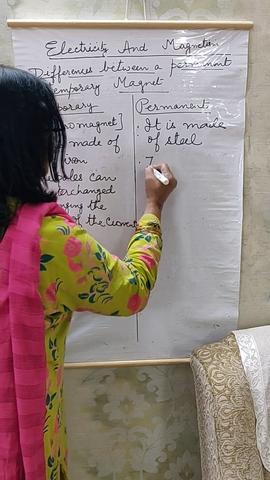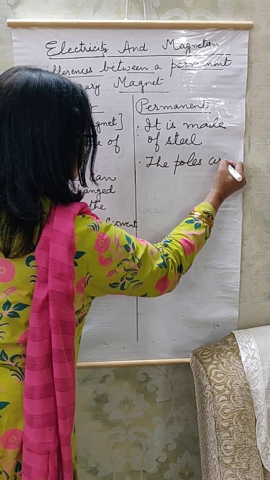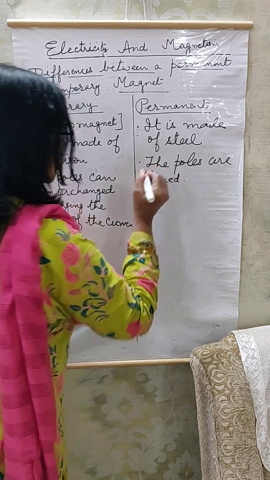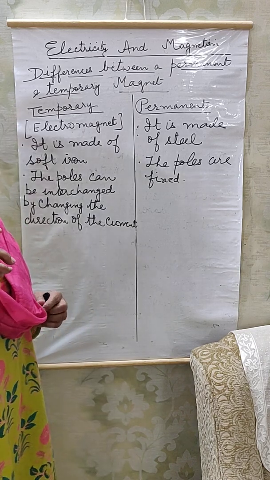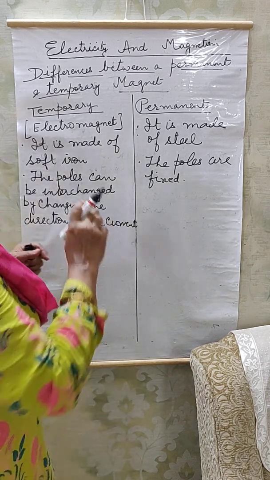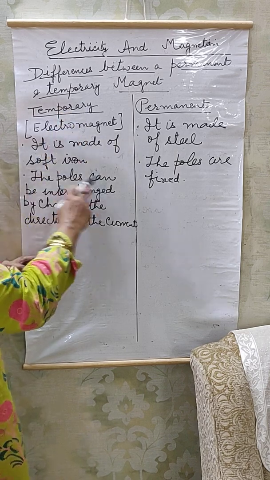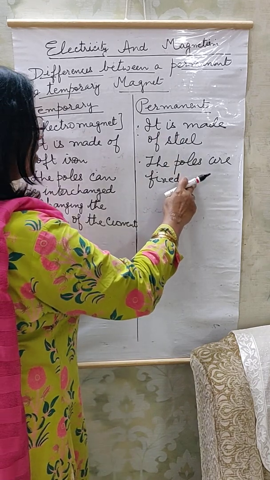Here the poles are fixed. I hope you remember, magnet has two poles, so north and south. So in a temporary magnet like an electromagnet, the poles can be interchanged, while in a permanent magnet the poles